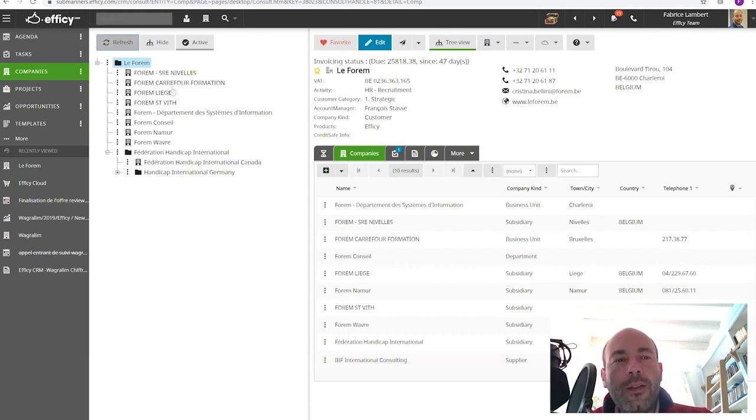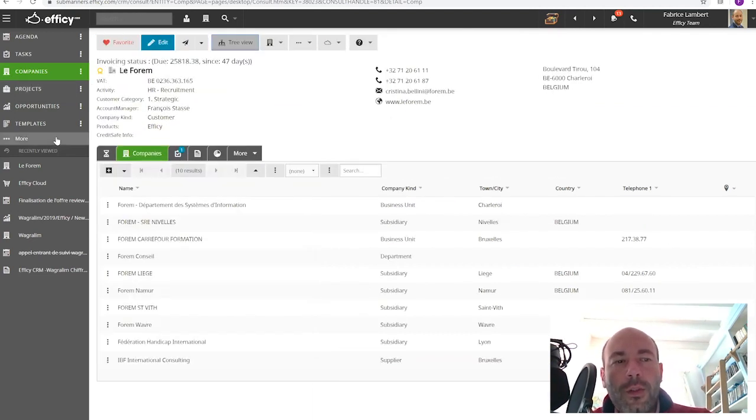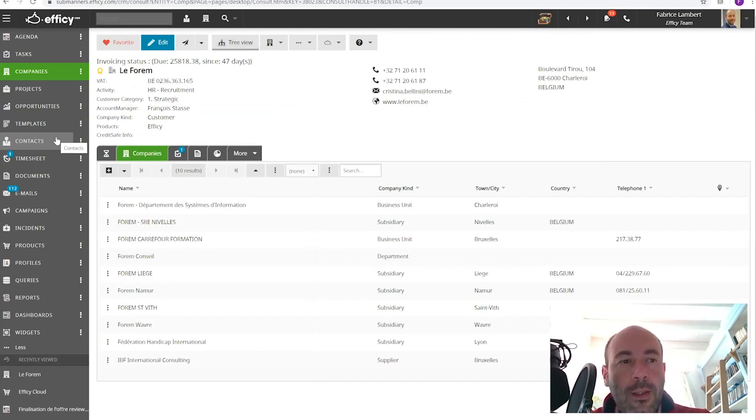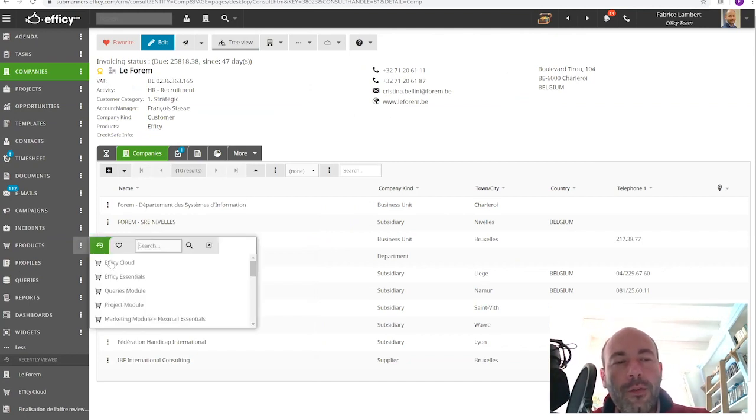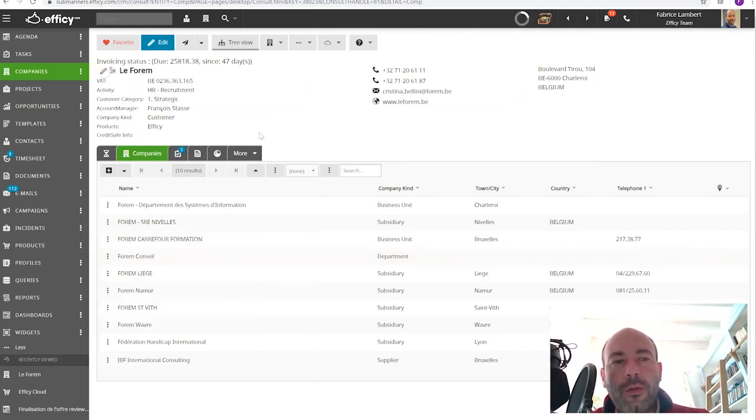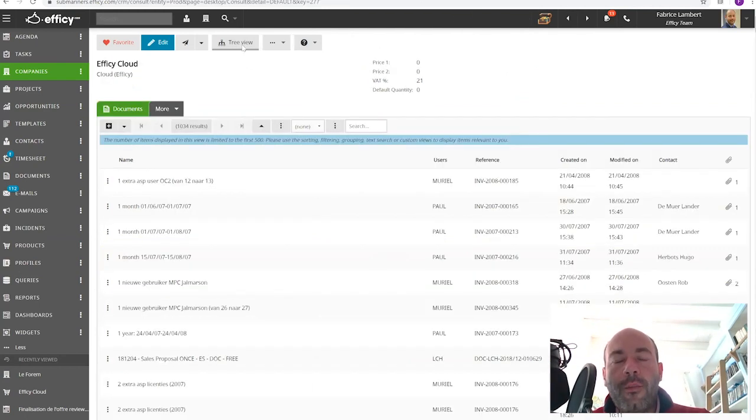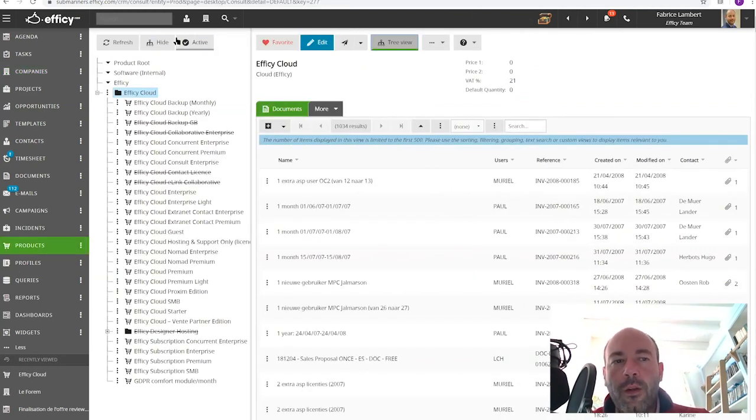But as Arno mentioned before, you have the ability to activate tree views from other entities. One other entity which is massively used with the tree view is products and services. In fact, we are using it